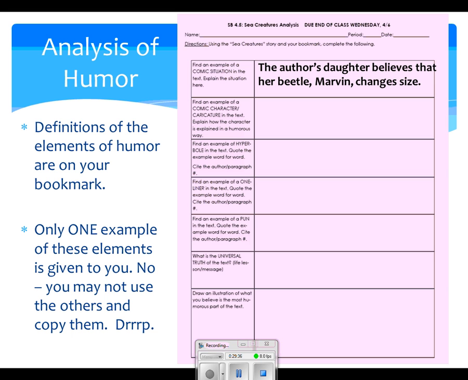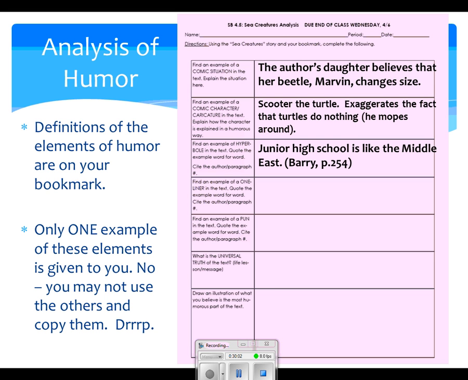Second element, a comic character or a caricature. I went out of the box too. I didn't talk about the author. I didn't talk about the fish. I talked about this turtle, Scooter. He takes this basic caricature of a turtle, a slow-moving creature, and he exaggerates it beyond that. He talks about this thing moping around like a death turtle, which I think is funny. Okay, third